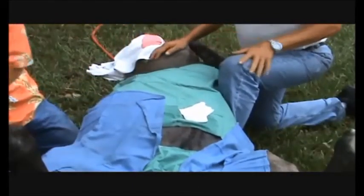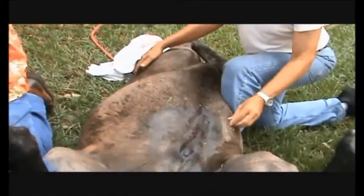He's all done. The baby is ready to get up, and it needs to be stall rested until that body wall